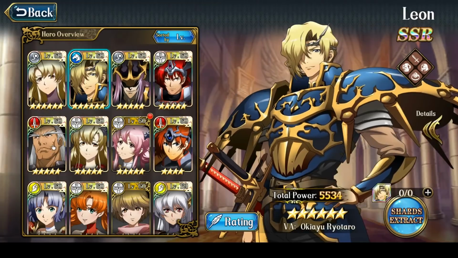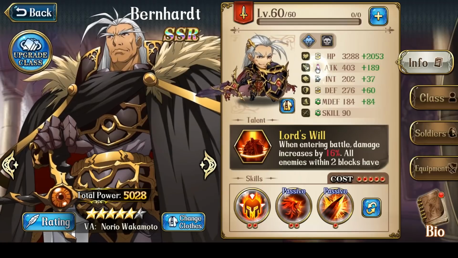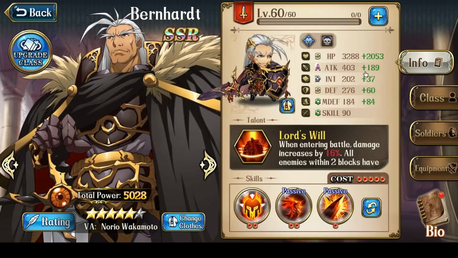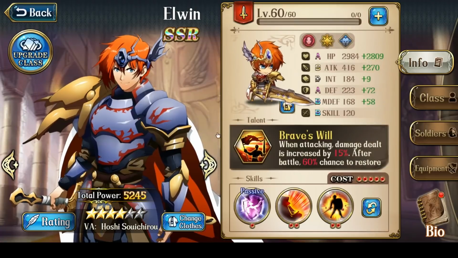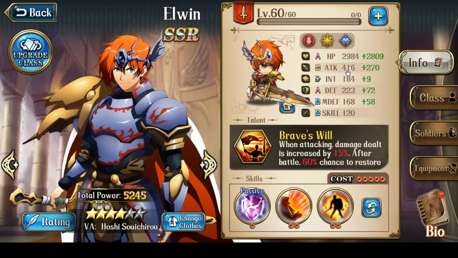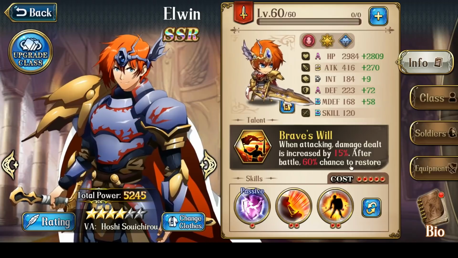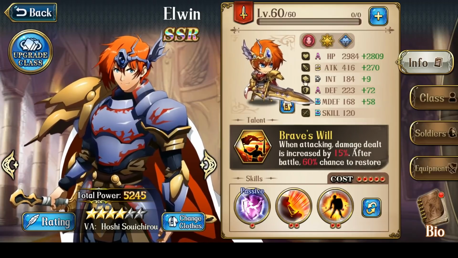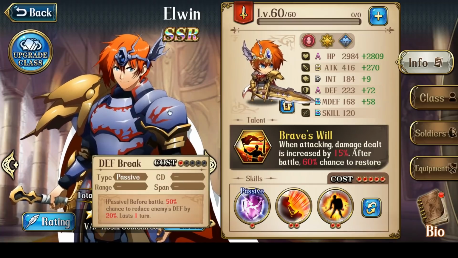It's important to note, right? Bernhard's class only gives A for attack. It's not S, but he has 403 as 5 stars. Whereas Elwin, as an S rank attack value, only has 416, so it's barely above it, and that's because he's only 4 stars as opposed to 5. In any case, the 4-star Elwin with Roar and Frontal Assault and Defense Break was able to do enough damage